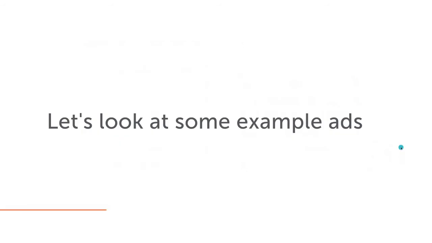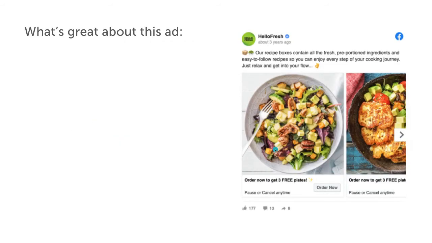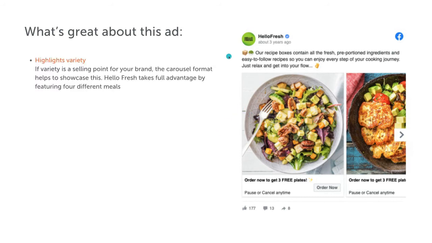So let's look at some example ads. This one from HelloFresh, you can see here it's a nice carousel. So it highlights variety. If variety is a selling point for your brand, the carousel format that I mentioned earlier can help showcase this. HelloFresh are doing that by showcasing 4 of their different meals that you can create.